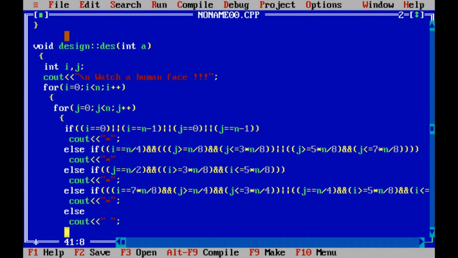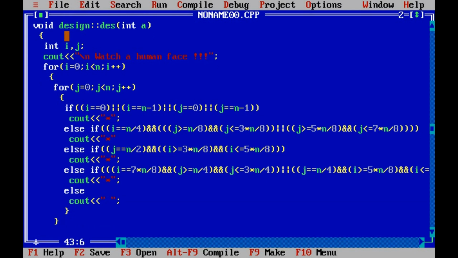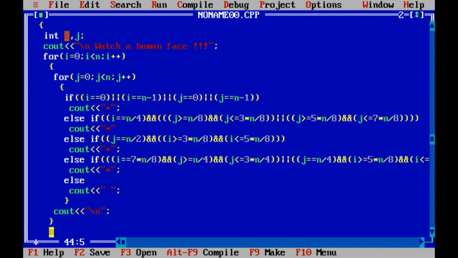Now we end the jth for loop, and now here we need to add a backslash n. For every jth for loop being ended, we need to go on to the next line. This is very important because it will bring the perfect human face shape. Now we end the ith for loop.